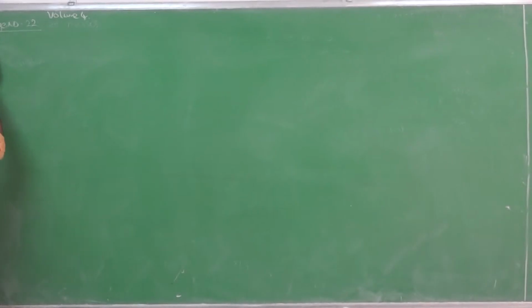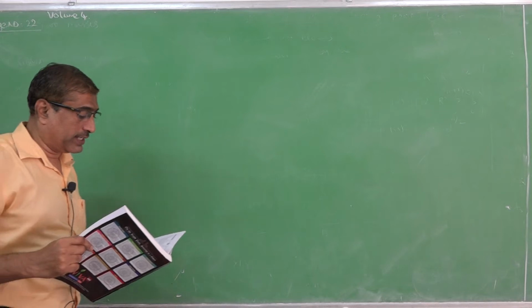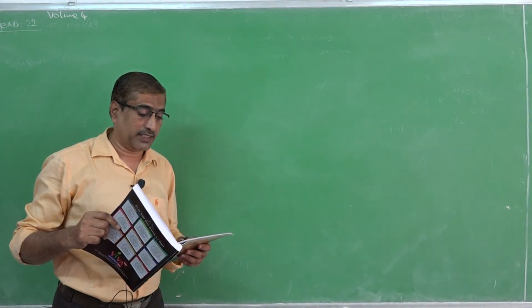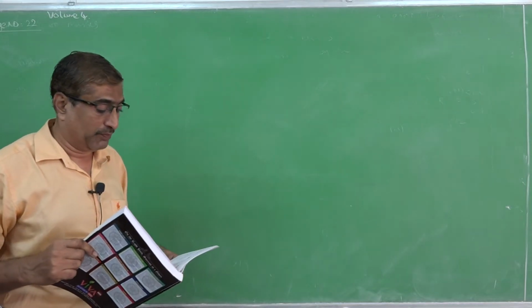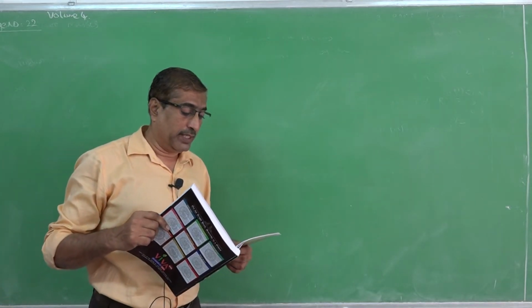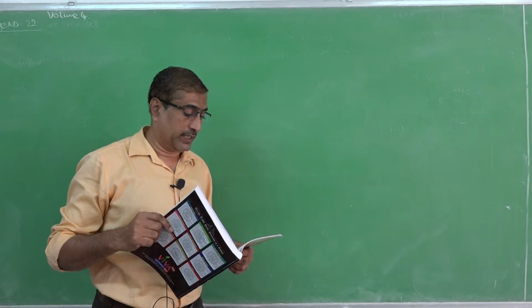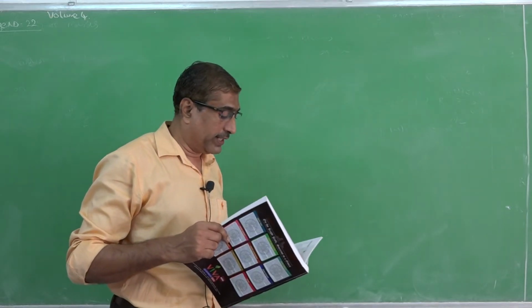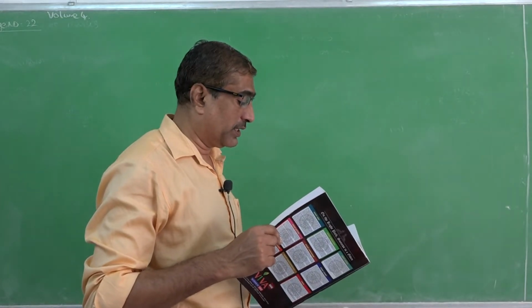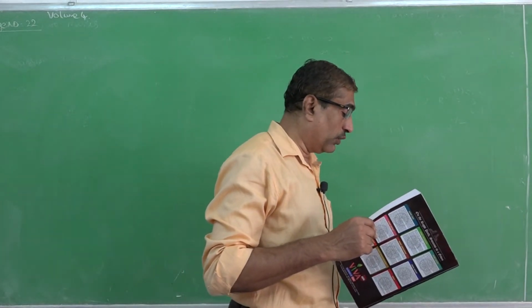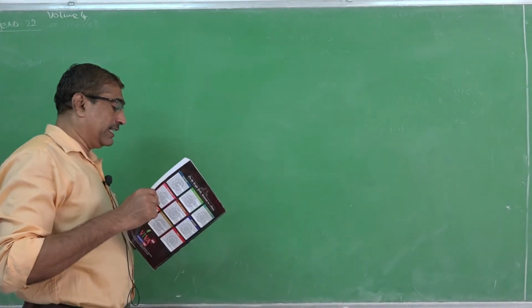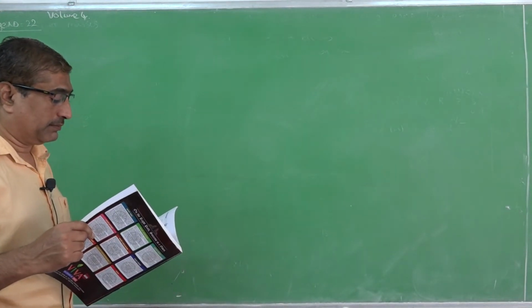Problem number 165. A solid sphere of radius r and mass m is spinning about a diameter as axis with a speed omega 0. The temperature of the sphere increases by 100 degrees centigrade without any other disturbance. If the coefficient of linear expansion of material of the sphere is 2 into 10 power minus 4, then the ratio of angular speed at 100 degrees centigrade and omega 0.